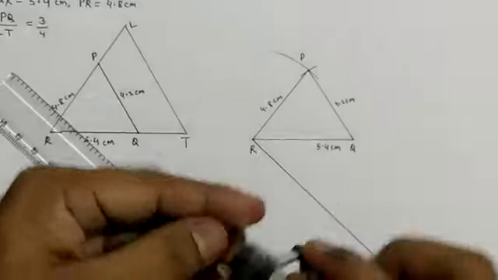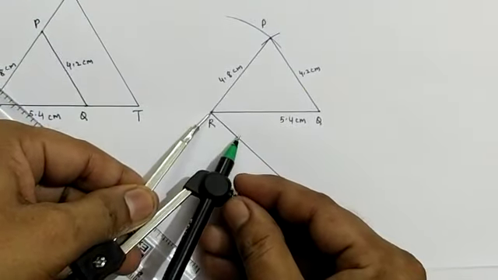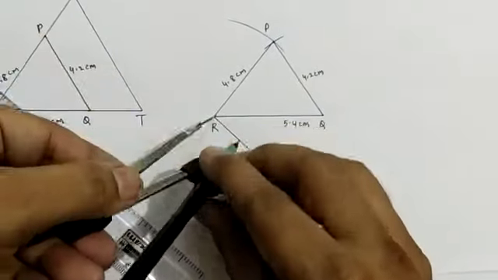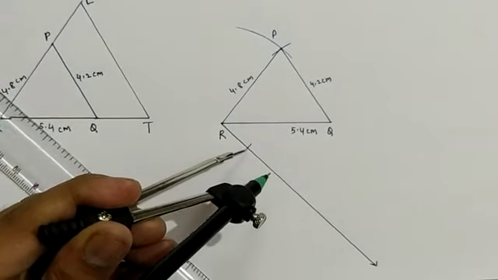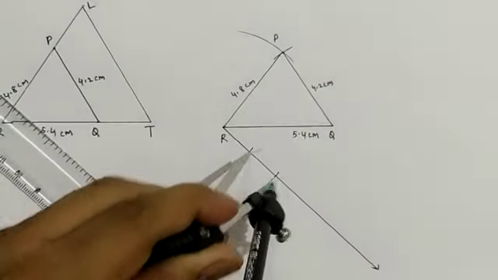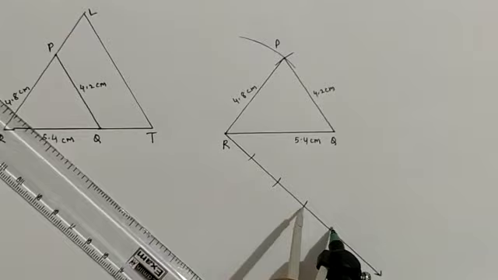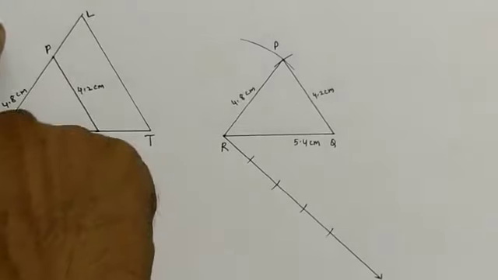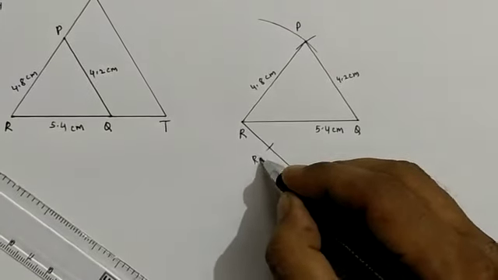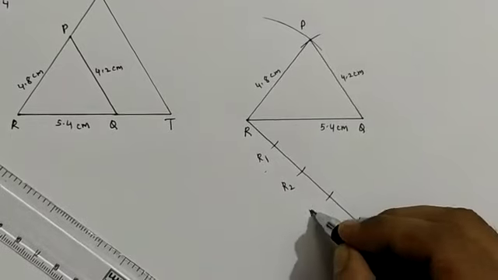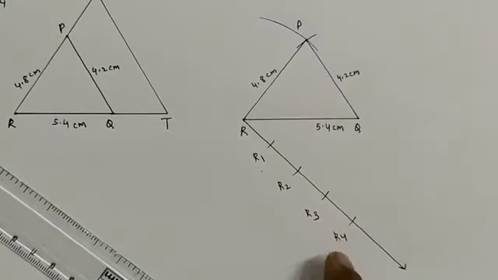You're going to cut arcs here, dividing into 4 equal parts. Take a suitable distance, maybe 1 centimeter or more than that. From here you're going to cut 4 arcs: 1, and from this point 2, 3, and this is 4. Out of these two, whichever is bigger, draw that many arcs. Name these points R1, R2, R3 and R4. You're going to mark R1, R2, R3 and R4.